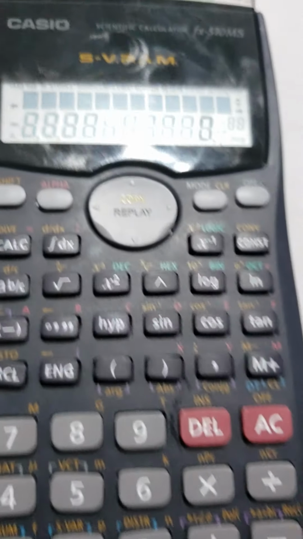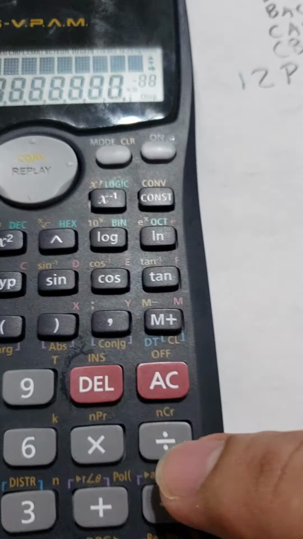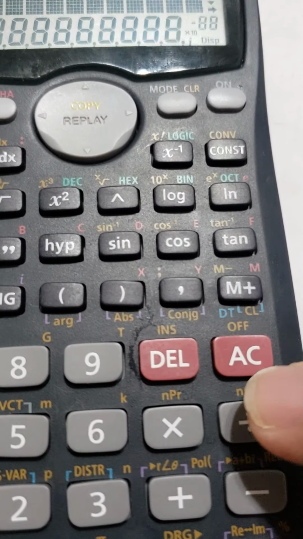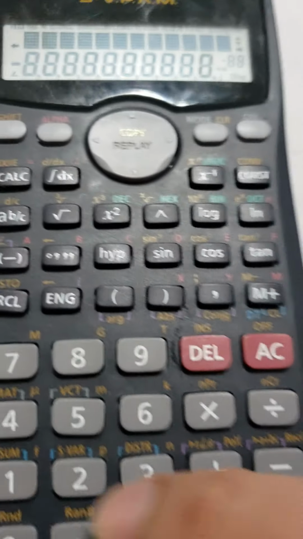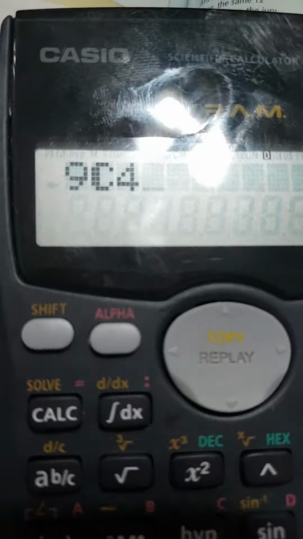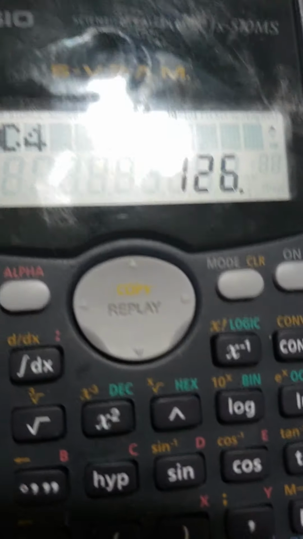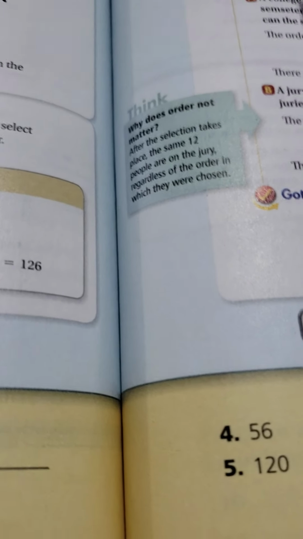Now, here it will be 9, combination, here we have the C. Here we have it. And it will be number 4. What is the result? 126. That is the same result, 126. Now, let's see the